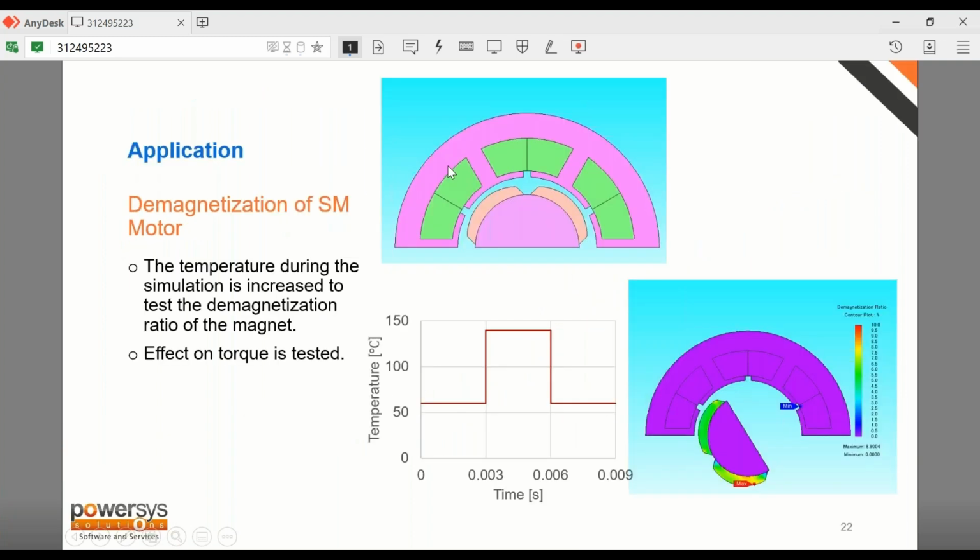So in my example here, we did a small test. We're trying to demagnetize a surface magnet motor. What I'm doing here is, for a certain period of time, operating at 60 degrees, then I ramp it up to 140 degrees, and then I jump back down to 60 degrees again. And what I'm seeing is the effect on torque and the demagnetization ratio. So if I go quickly to JMAG,